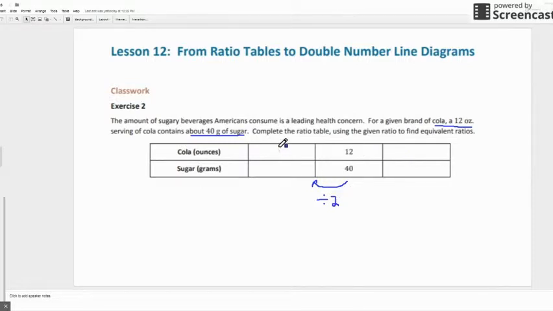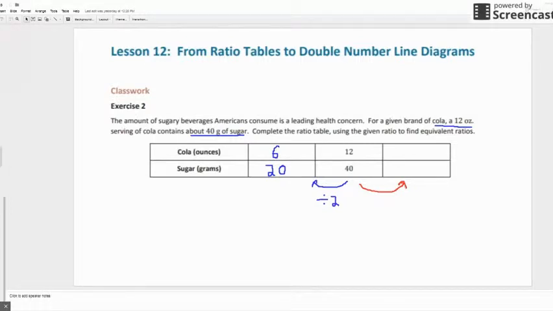So I go 12 divided by 2, that gives me 6. 40 divided by 2, that gives me 20. So here is an equivalent ratio. If I cut the cola in half and only had 6 ounces, that would give me 20 grams of sugar. Well, let's say I want to make the beverage bigger. I don't want just 12 ounces. I want to make it bigger. So we're going to scale it up. So to find an equivalent ratio,